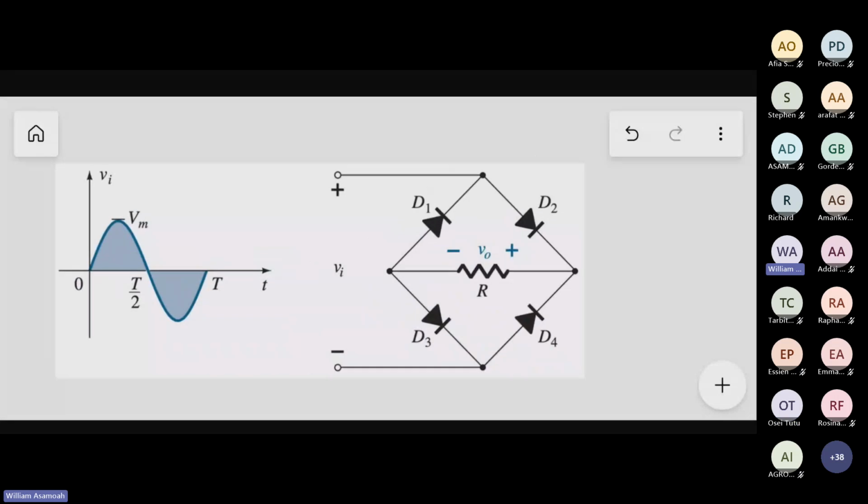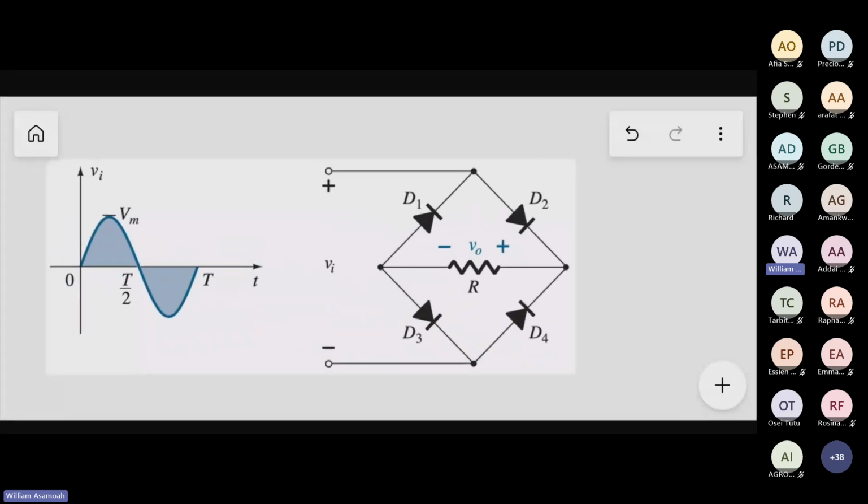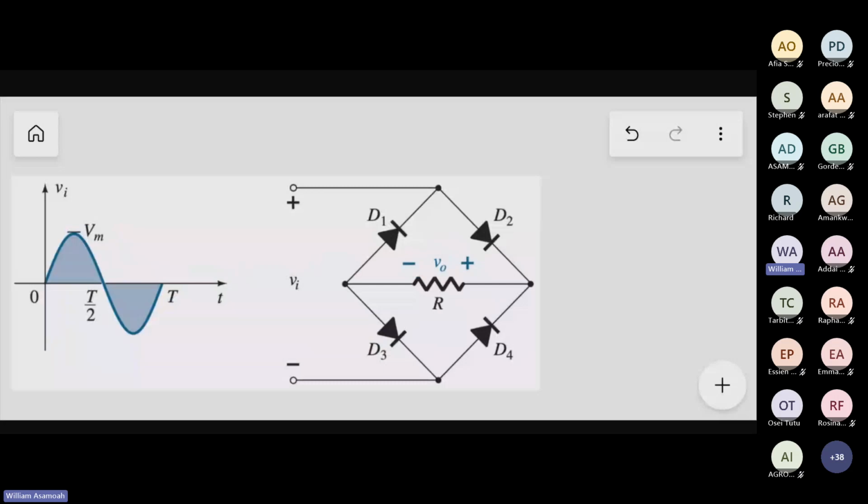Okay, so let's look at this bridge. Look at how it works. So in this bridge,